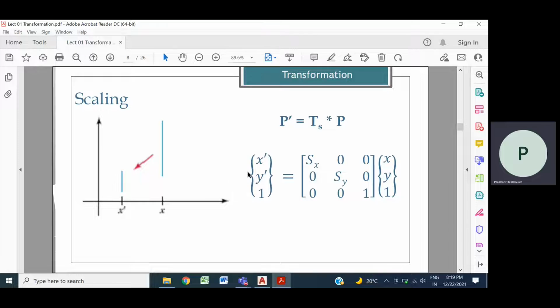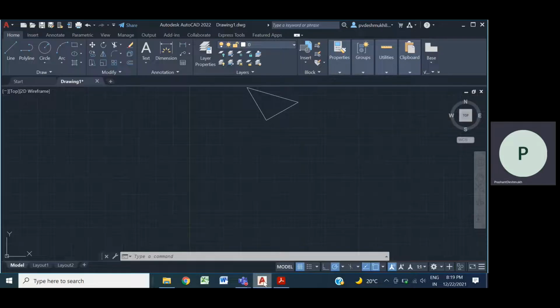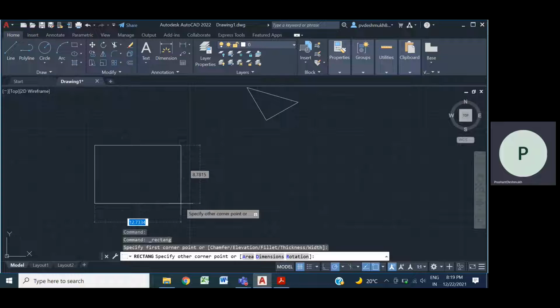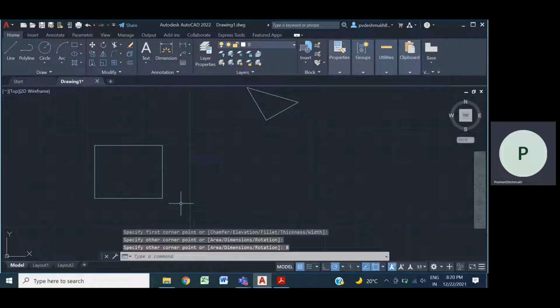Next is scaling. For scaling, we will have a rectangle, say with values 10 and 8. So this is a rectangle. Now we will apply the scaling.